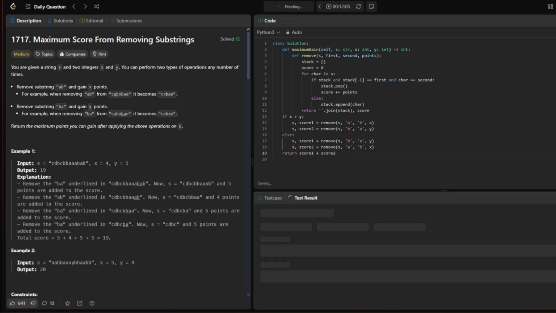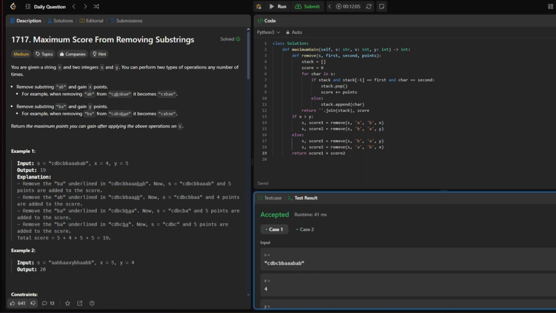So if we run this, passes our test cases, and if we submit it,